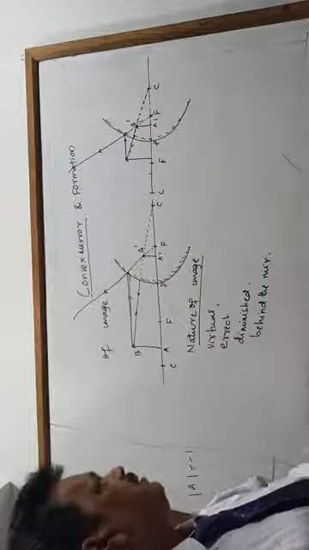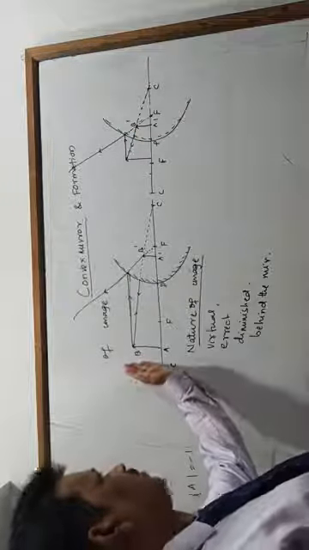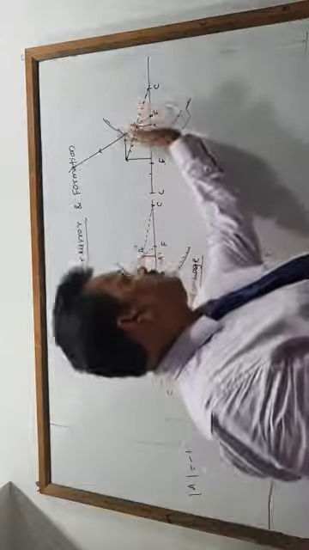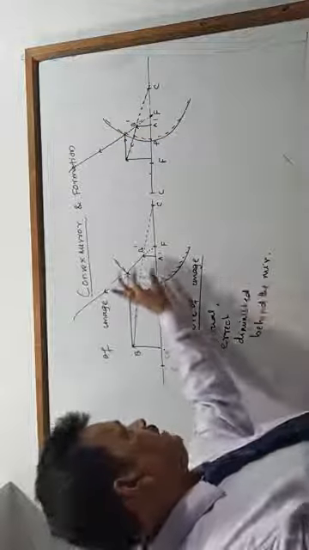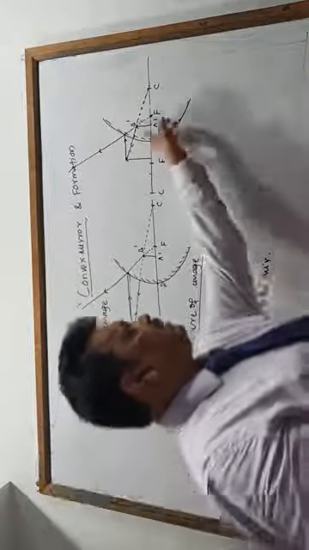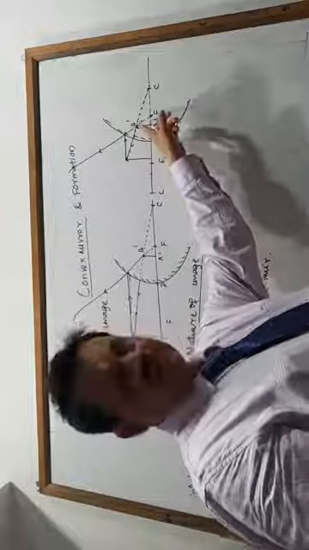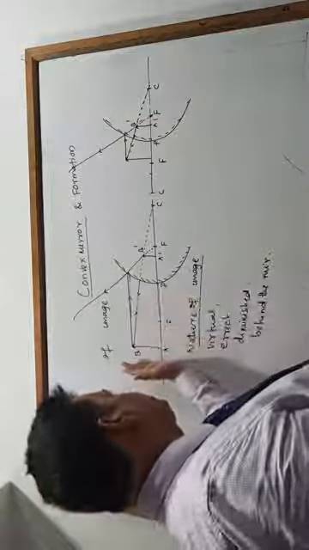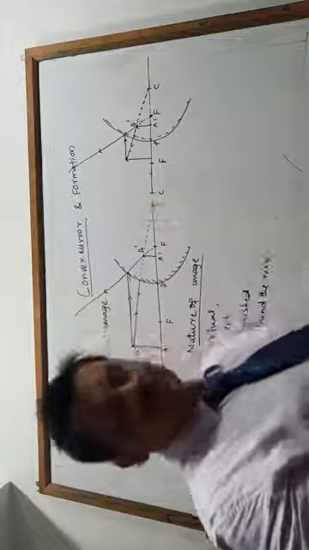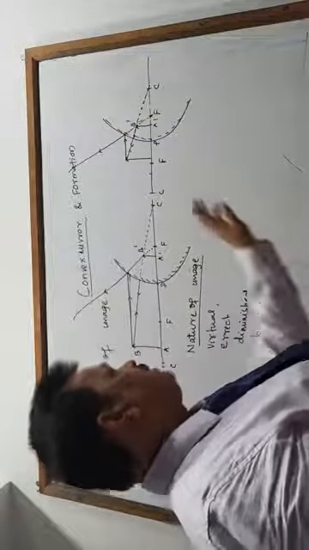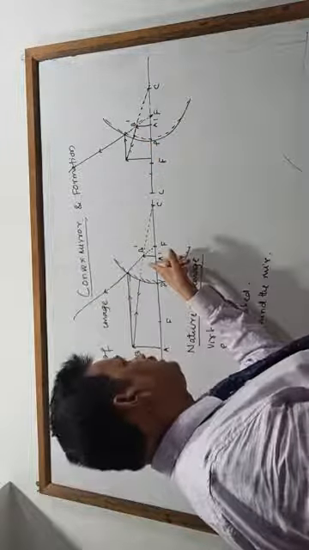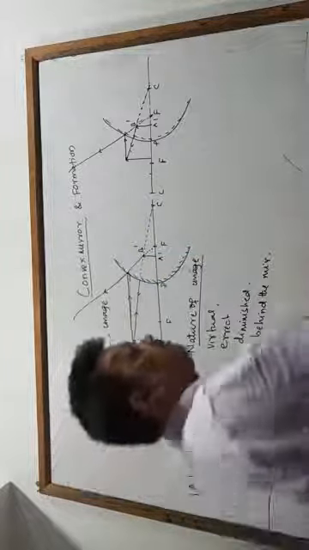What you observe is, when an object goes closer to the mirror, the image comes closer to the mirror. And here it is diminished, here it is a little bigger. So little enlarged, but not bigger than this. So when the object is coming closer to the mirror, the image comes closer to the mirror, and also the image is enlarged in comparison to the previous one. So same thing you will find.